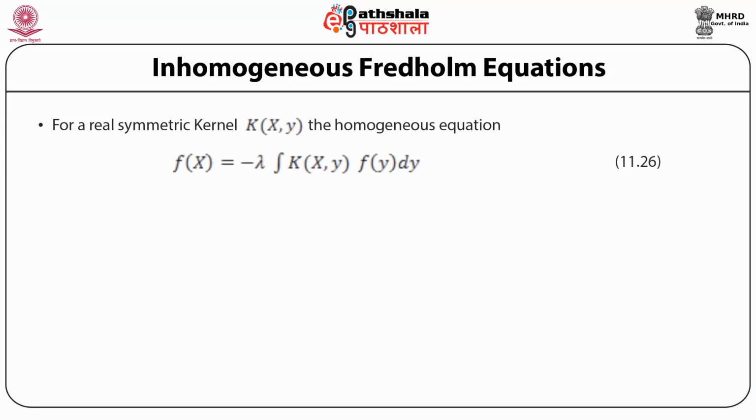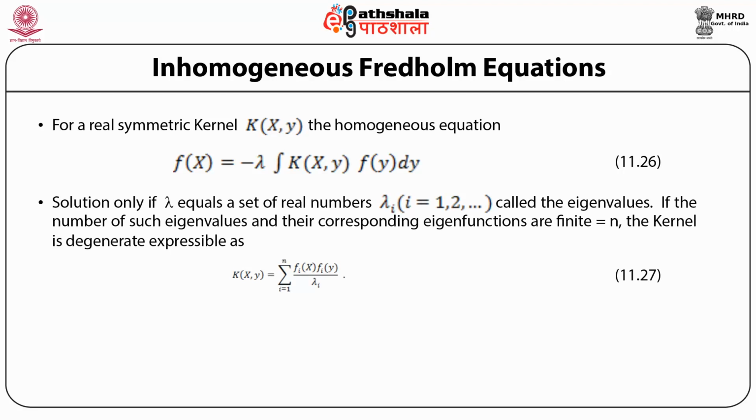The set of such results presented above can be summarized as follows. They are known as the Fredholm alternative. For a real symmetric kernel K(x,y), the homogeneous equation f(x) is equal to minus lambda integral K(x,y) f(y) dy has solutions only if lambda equals a set of real numbers lambda I, with I equal to 0, 1, 2, etc. These are called the eigenvalues. If the number of such eigenvalues and their corresponding eigenfunctions are finite, say n in number,